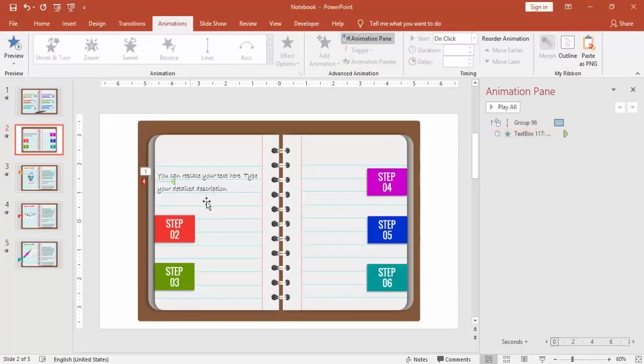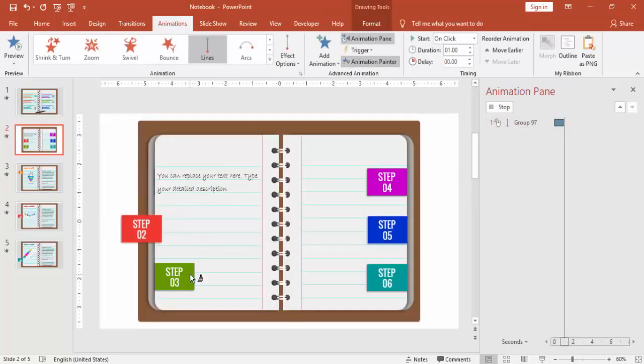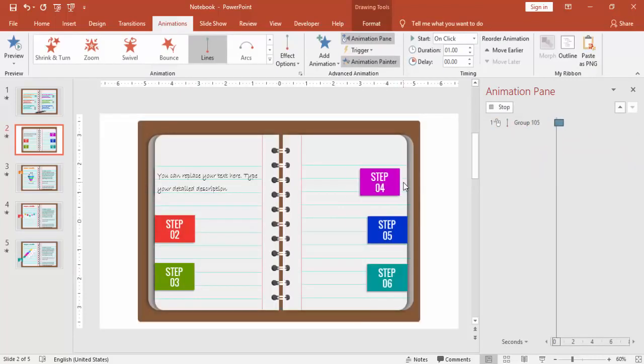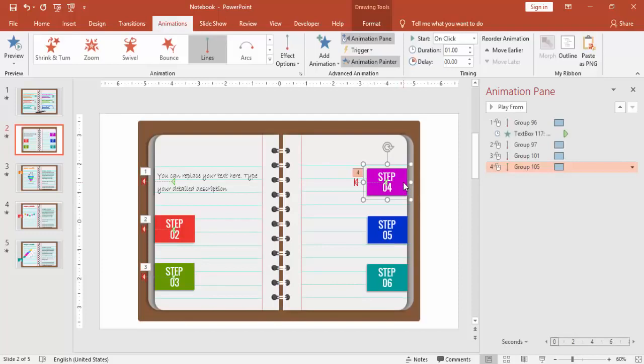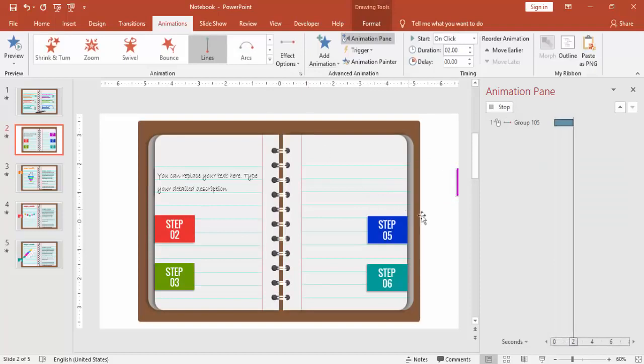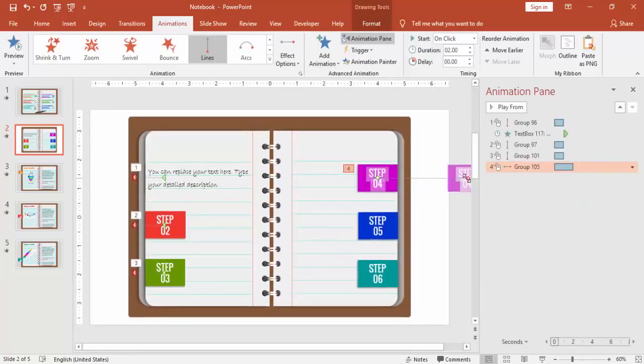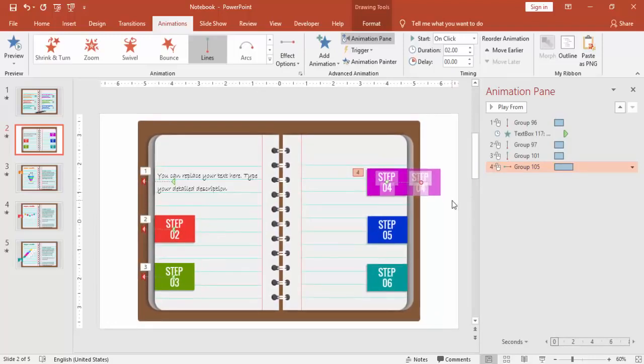Now I have to add the animation of the steps to the remaining one. Using the animation painter you can do that one, and if you see step 4 it's going towards the right side, we have to make it to the right side here. Instead of left we need right. Just align it properly, and then using the animation painter